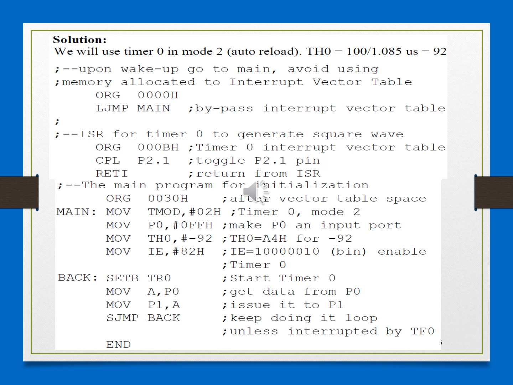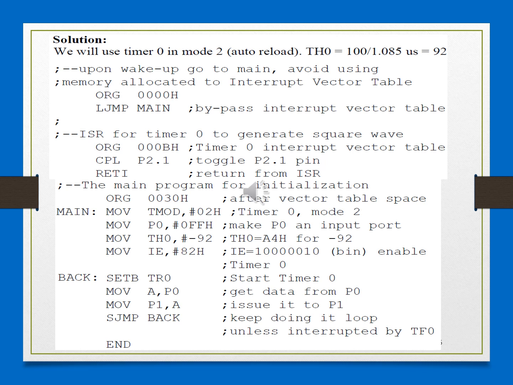Now what happens after the ISR? It will come back to the main program, isn't it? So from the main program again, the same thing repeats. Jump back means it will come back to set bit TR0, that is, the timer will start counting again, then again the delay is generated for 100 microseconds, then again whenever the overflow flag gets set, the ISR will be executed. In the ISR, you're complementing P2.1. So again the value which was 0 now becomes high. So you are generating a square wave of a time period of 200 microseconds. I hope it is clear.